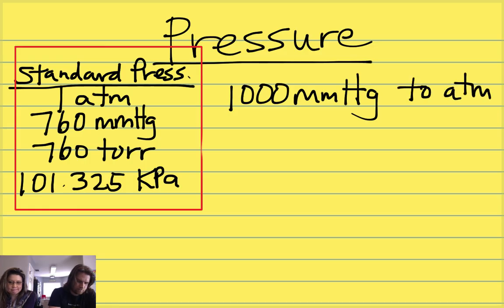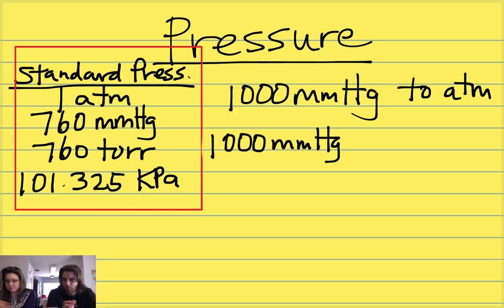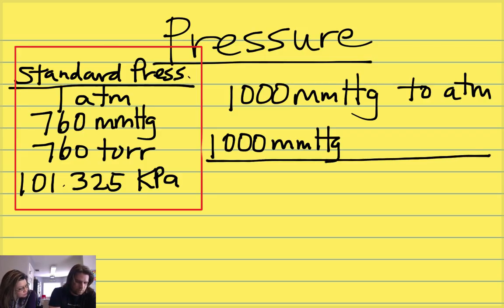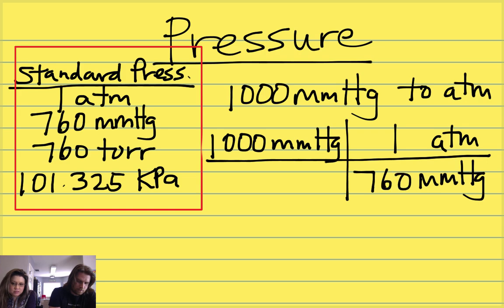First, what I am given goes up here, and this is really important: make sure that you put your units here because it will always help you keep track of what you're going from and to. So I'm going to atmospheres away from millimeters of mercury. My standards are 1 and 760. My units here cancel and cancel. 1,000 times 1 divided by 760 is